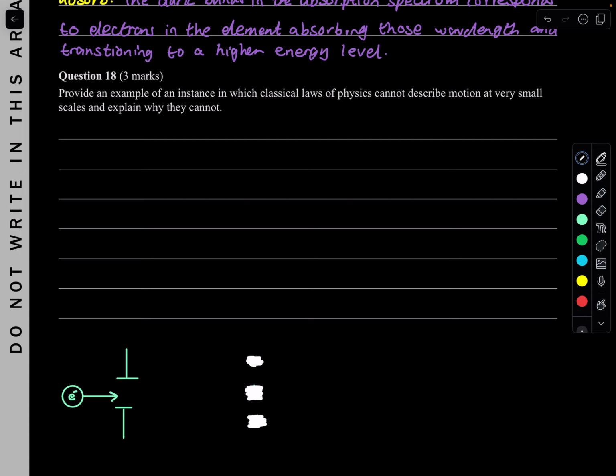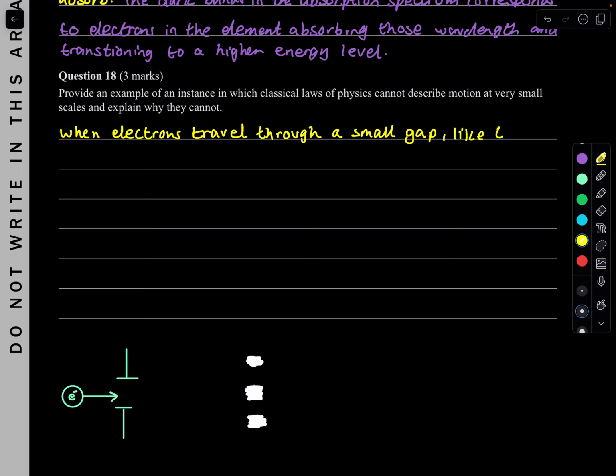So we're going to use the color orange. Like we said, we're just going to explain the experiment. So when electrons travel through a small gap, like the space between atoms in a crystal,